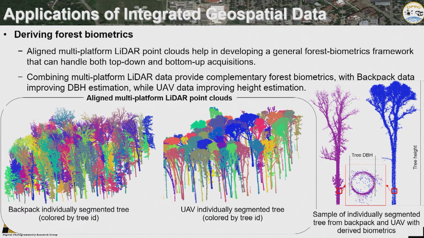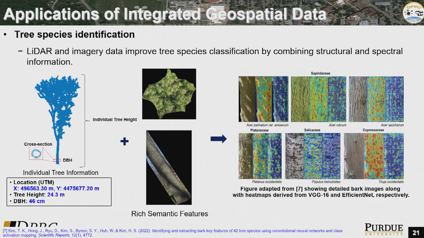And the last example I would like to show here is that now you can have a universal model that can handle data acquired from a top view perspective or bottom view perspective. And again, if you merge the hyperspectral data, the RGB data with the geometry data, you have the best training approaches for species identification. So in summary, we have a flux of data. I'm a bit biased, but I believe that you cannot take full advantage of this data until you merge all these data sets and ensure that they are well aligned. Thank you very much.